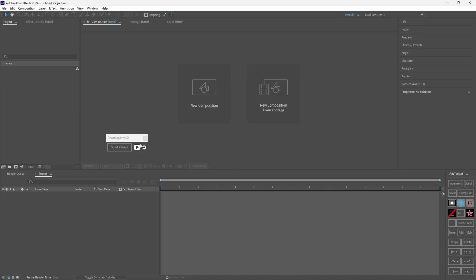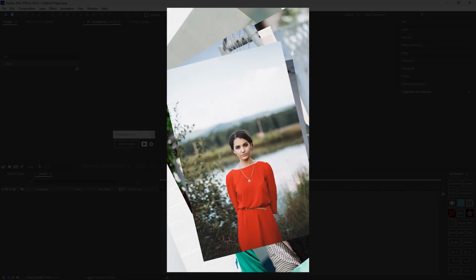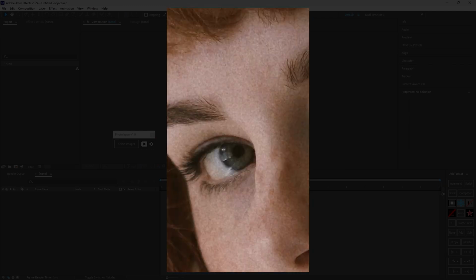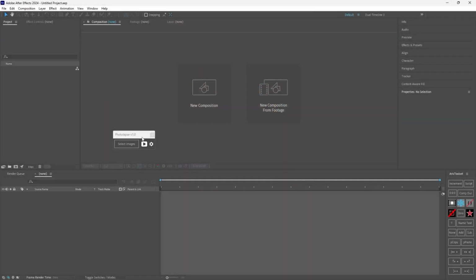Hi, in this video I will show you how to use the Photolab script to create photolapses like this one. We will create two photolapses. I will first show you how to create a basic photolapse with position and scale alignment, and then we will see a more advanced example in which the images will also be aligned in rotation. So let's start with the first example.